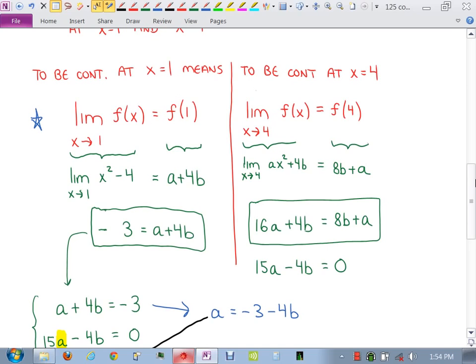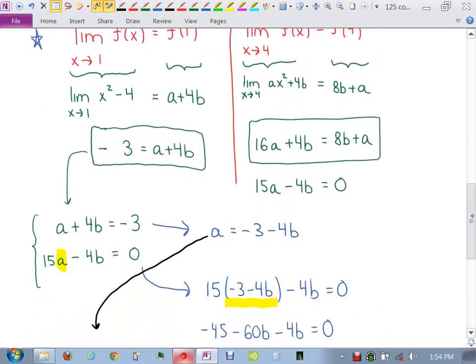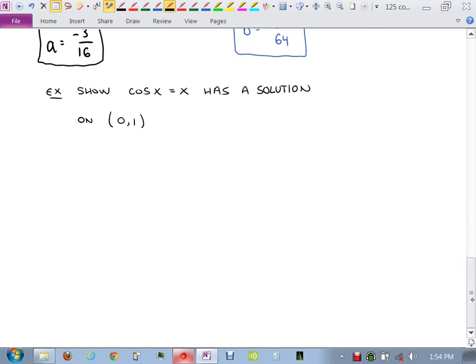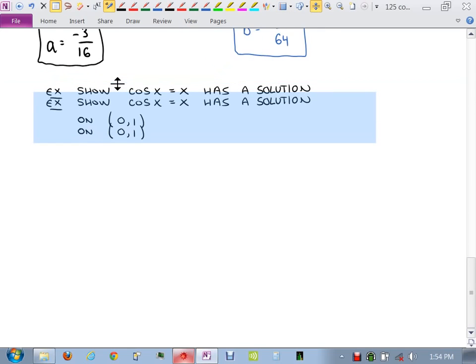All right. All right, the last problem out of this section was this one right here. Show that this,